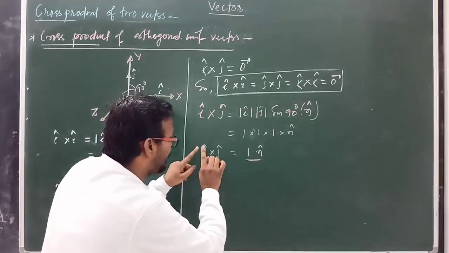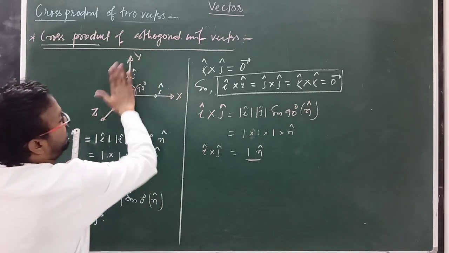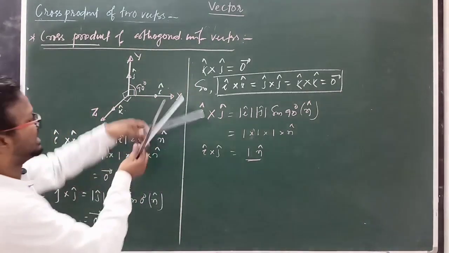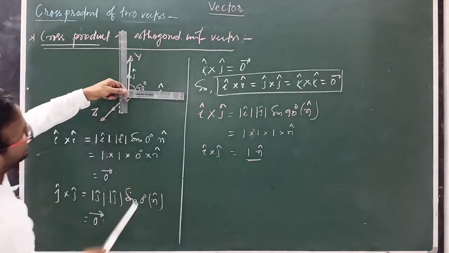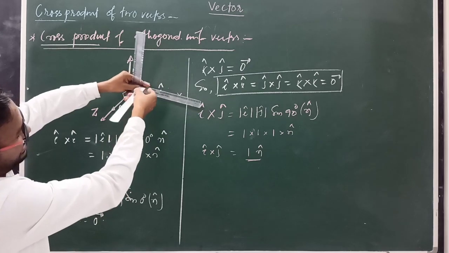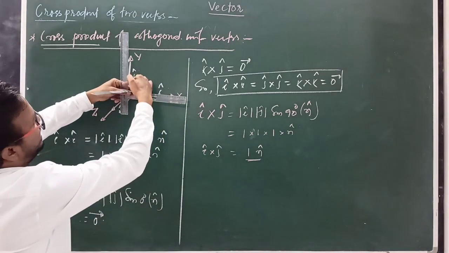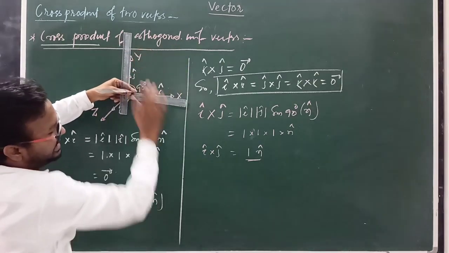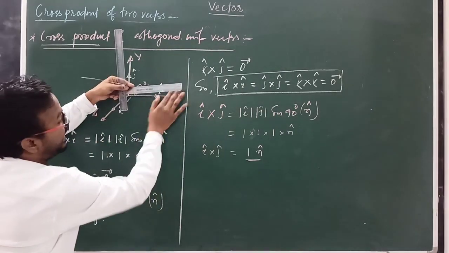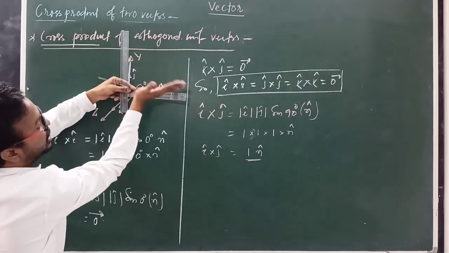Means i cap and j cap are in the plane, suppose this is the i cap j cap plane, because three vectors are mutually perpendicular to each other. In this case, this is the x axis, this is the y axis, and here the z axis. Clear? x, y, z: i cap and j cap give the plane. Then the resultant direction of this vector is always perpendicular to this plane, means i cross j